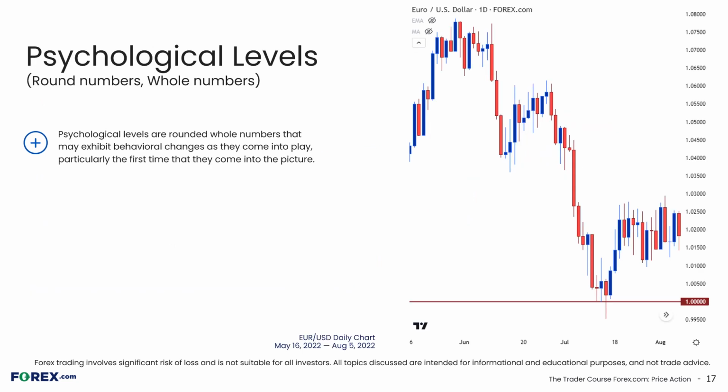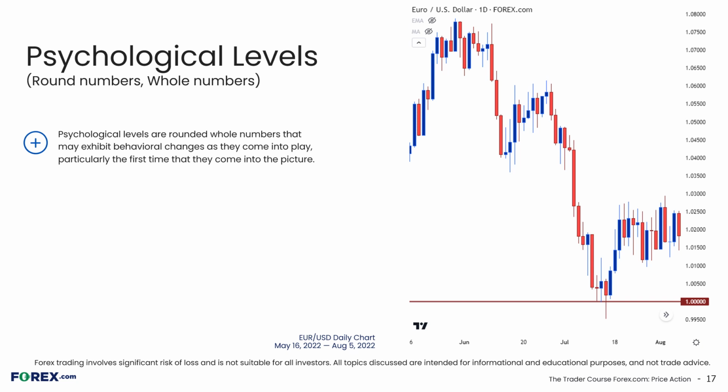Psychological levels are simply even, rounded whole numbers. This would be like 1.10 in Euro-Dollar, or 1.20 or 1.15. This isn't just a market idea, and you've probably engaged with this in some form or fashion, as most retailers use a similar